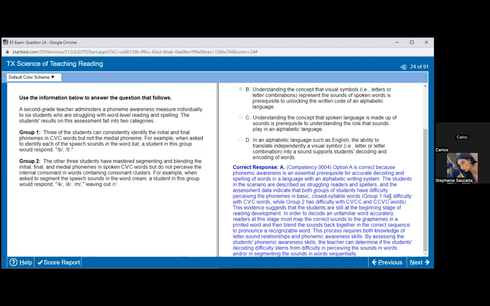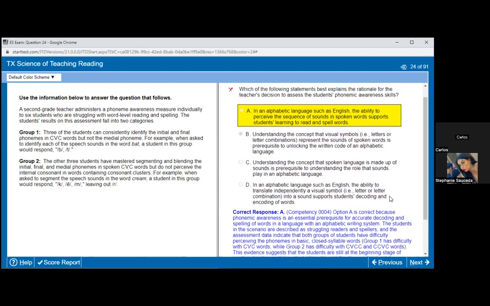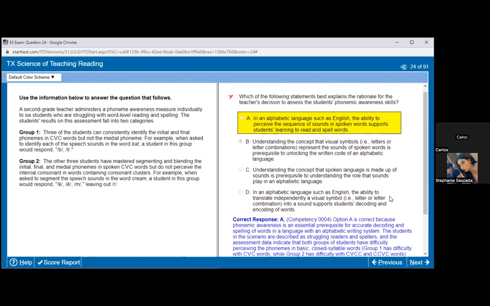I think for this one, I was thinking phonological awareness. I guess I confused the terms at the moment. Yeah, and the thing is that